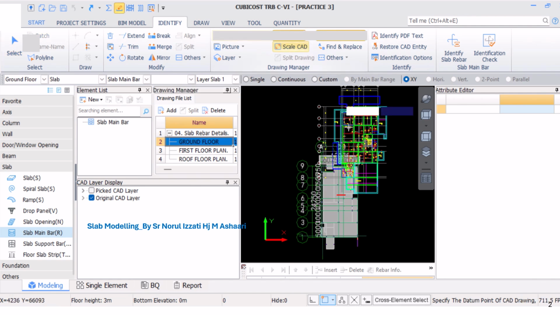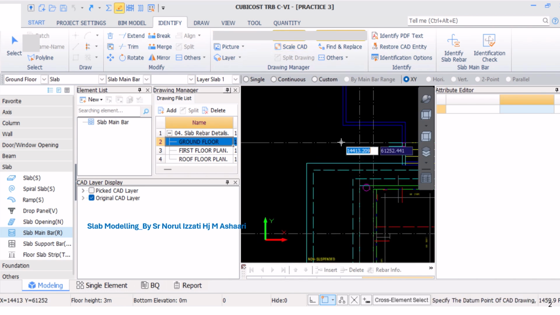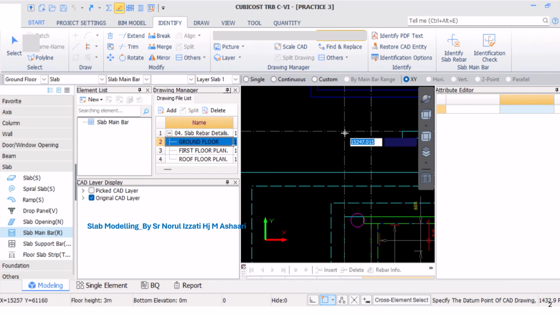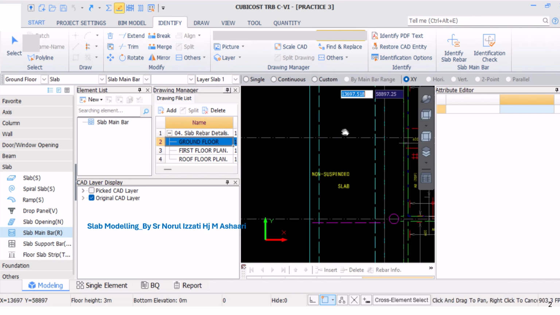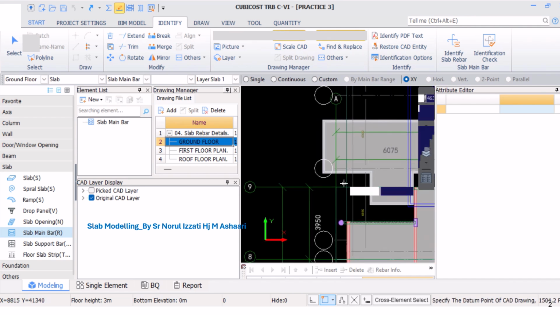As usual, click on relocate at the identify tab and then go to the drawing where you can see from the CAD drawing until you see the yellow X over there. Relocate and see the yellow X, then you can drag to the new axis. Let's say this is your new axis.